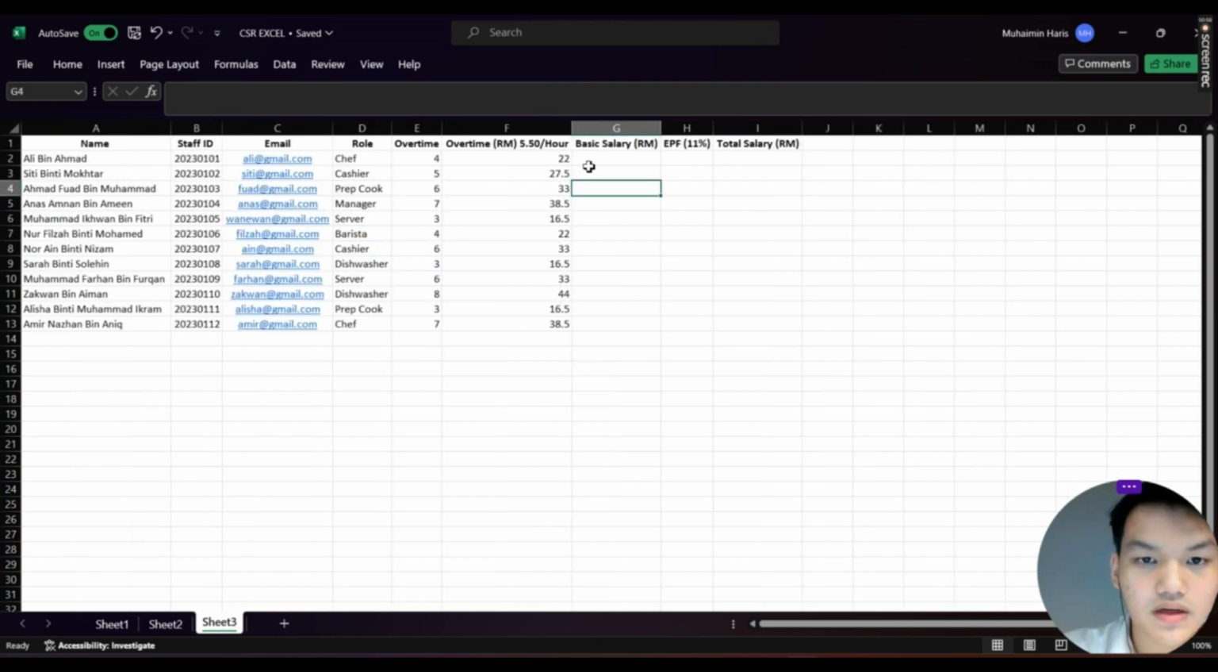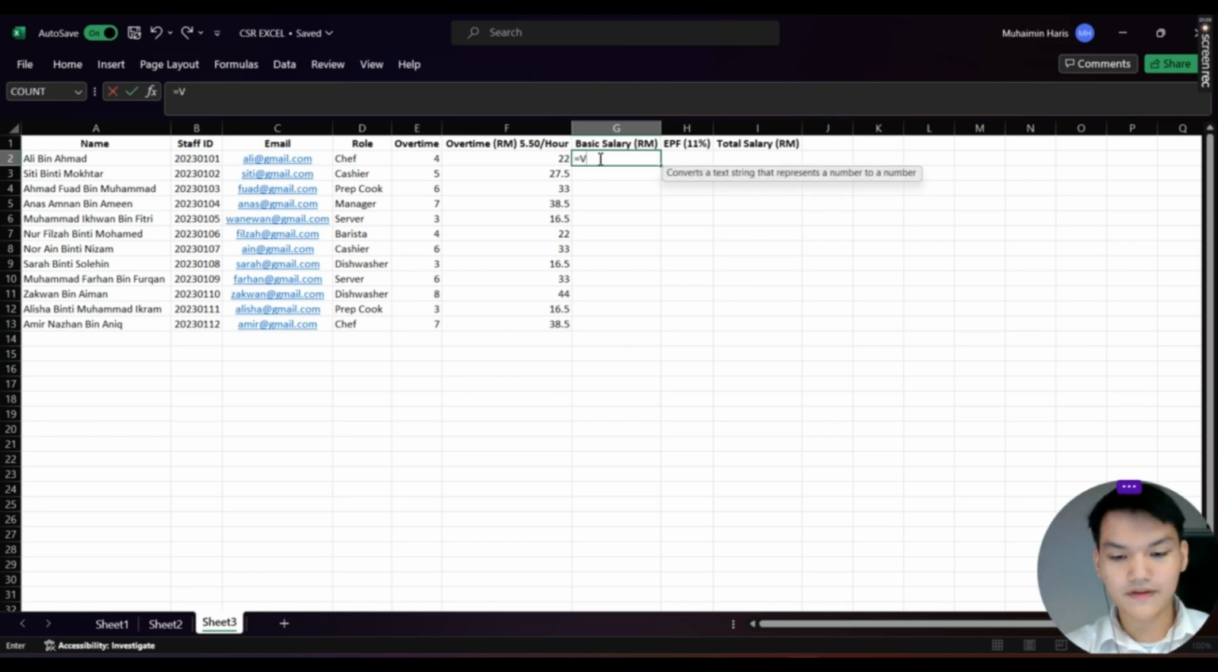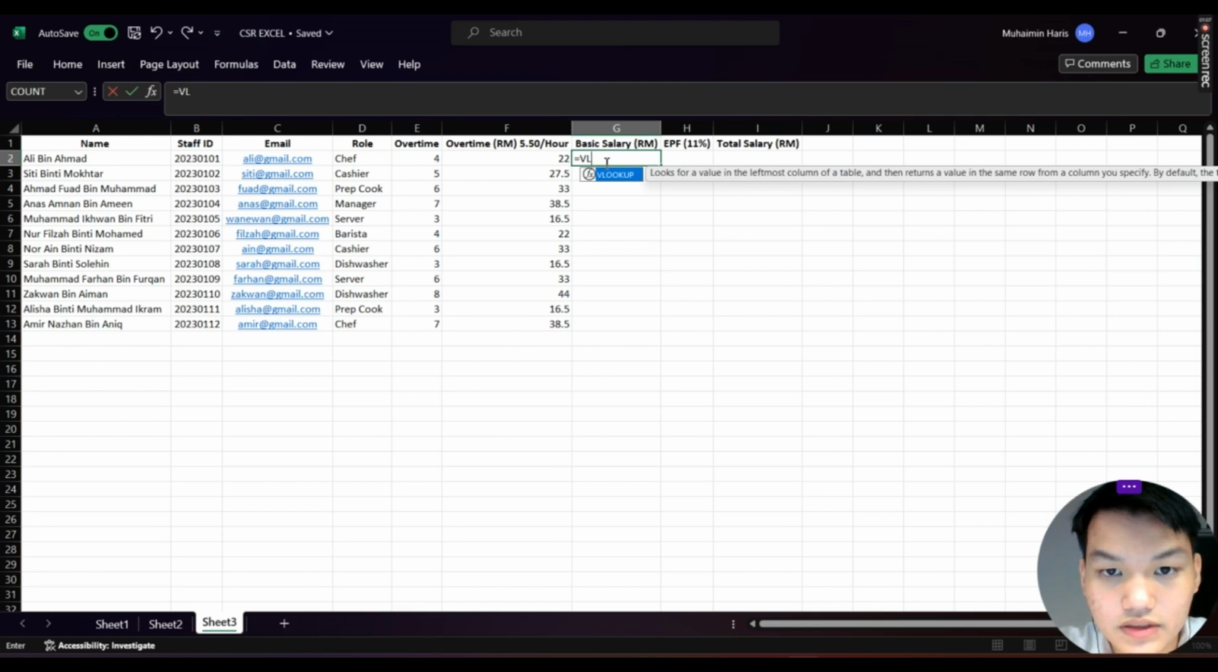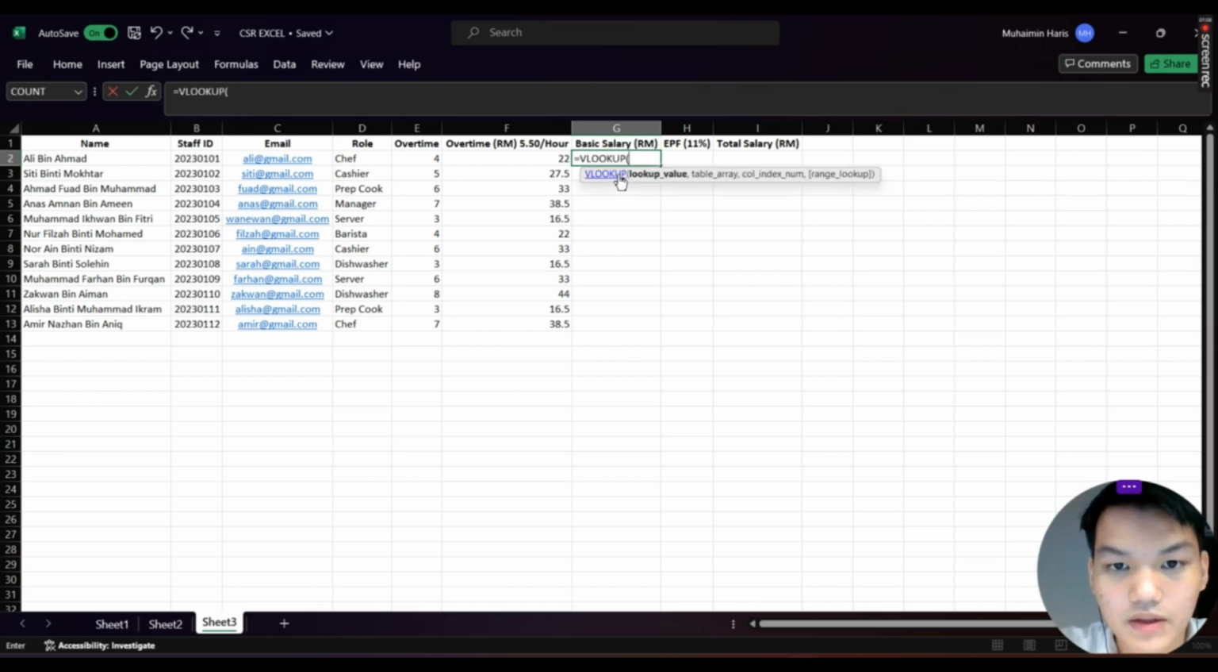Okay, so double click on G2, then you just type equal VLOOKUP. Double click it, and the lookup value is the role, because our basic salary is based on the role. So just click the role column, which is D2, and then you put a comma here, and the table array is